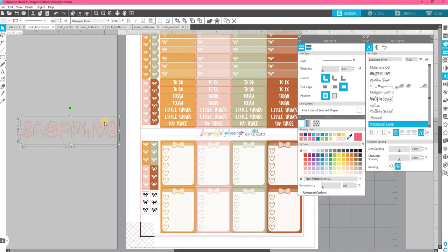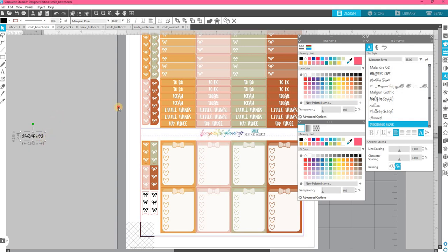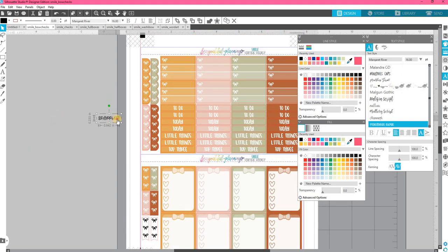Alright, so here we go. We have our shopping. We don't want it to have a red cut line, so I'm going to put no cut line, and I'm going to fill it with black for now. Okay, I'm going to go back here, and I'm going to change the font size to about a 16, just to get started. Then what I want to do is see if it's going to fit. So about a 16 typically fits in here,